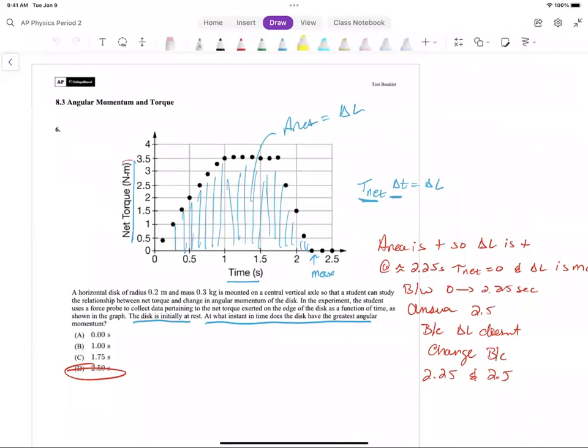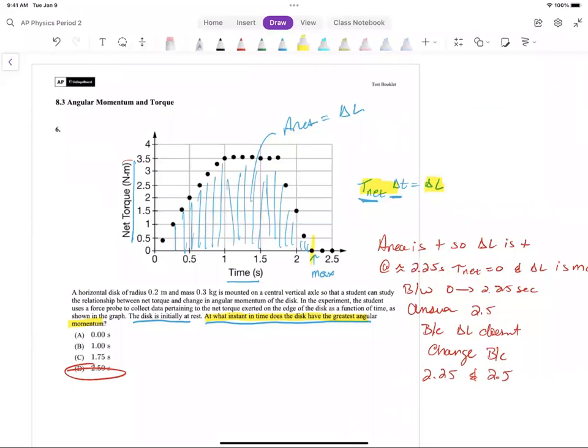Essentially, net torque times time equals change in angular momentum. The area underneath that curve is the change in angular momentum. At what instant does the disk have the greatest angular momentum? Well, the area is all positive, so we're adding angular momentum everywhere. And at this point here is when the angular momentum is at its maximum, because I've added all of that